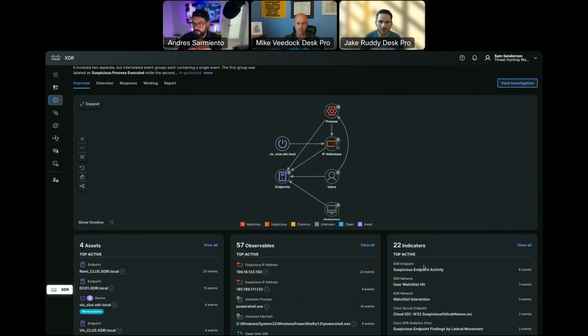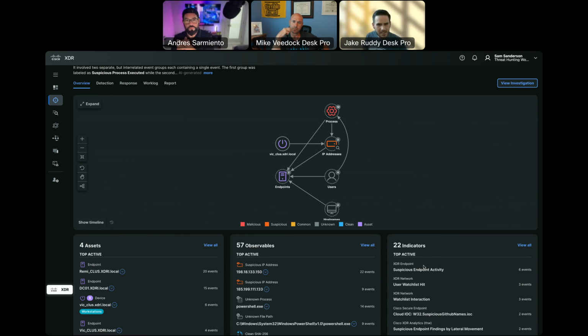All an observable is, they're scraped from those source indicators. Those source indicators are the source security events, the source security detections from the different tools. So if I look at a NetFlow tool, right, we've got Secure Network Analytics. It consumes network telemetry. It's layer 3 network telemetry. If I look at an event from something like that, I'm certainly going to expect to see IP address as part of that. It's layer 3 data. IP address is one of the observables that will be part of that event that it may fire.